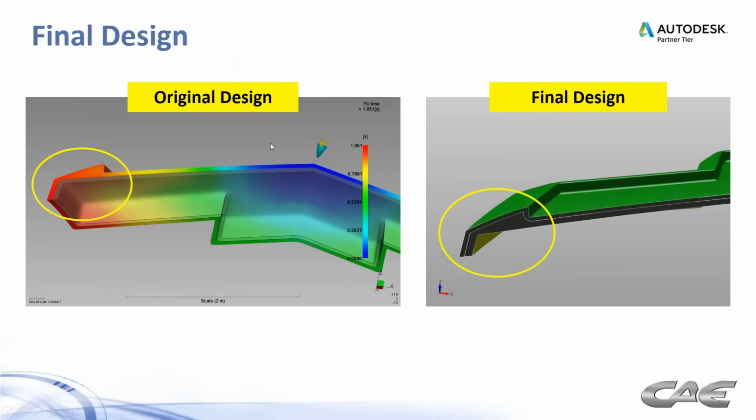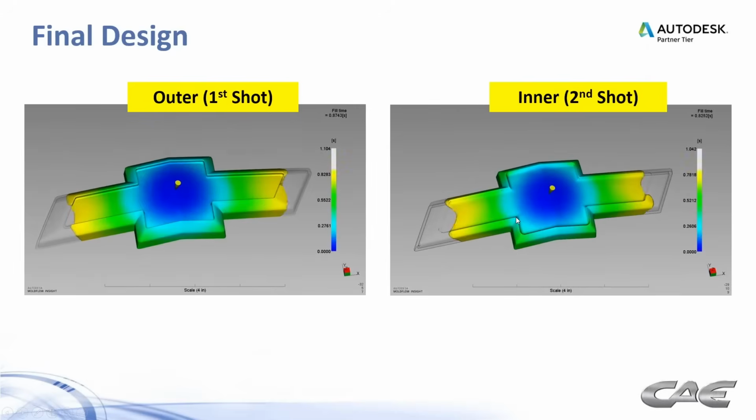So the final design that we ended up with, you see here's the original where we had the thick section here. We actually ended up thinning that one out because that was going to be the show surface and thickening this area here. And this isn't actually the final design. The actual final design had that rounded off a bit. But look what happened to the knit line on the outer. It wants to get there. It wants to try to